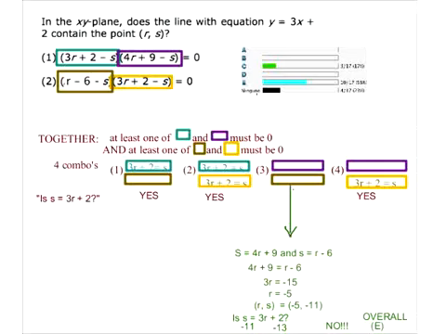In which question? In which question, where, when? All right, so